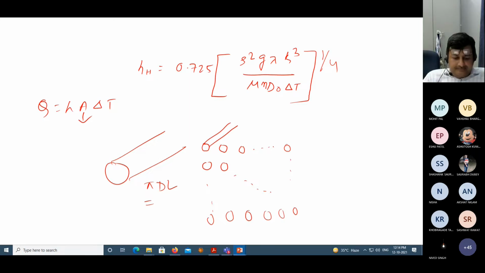Sir, approximately 0.393 L. L is not given in this case. Yes, per unit length, right? Per unit length, it is 0.3927. Sir, N is 10, right? No, N will be 100 in this case. Okay, this N. In that case it was the array, right? Yeah, about 3.9. So what will be Q?